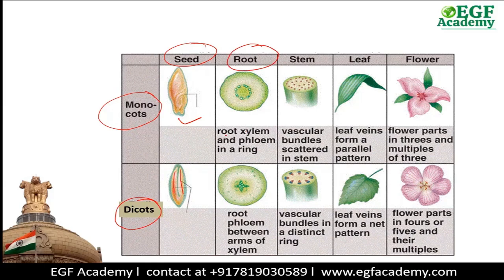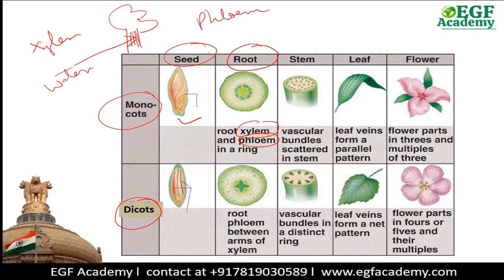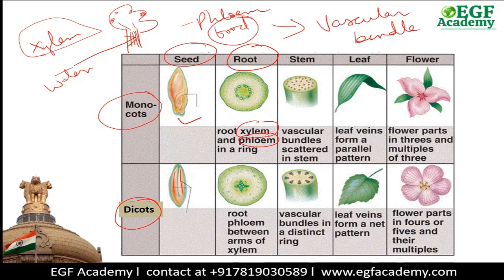In the roots, the vascular bundles are found. Vascular bundle means xylem and phloem. See, what is the role of xylem and phloem? What is the function of xylem? Xylem's function is water transportation inside the plant. These are vein-type structures and they supply water inside the plant. And what is the function of phloem? Food is produced in the leaves, and phloem delivers that food to the different parts of the plant. So these are the functions of xylem and phloem. These two in the combined form are known as vascular bundles.